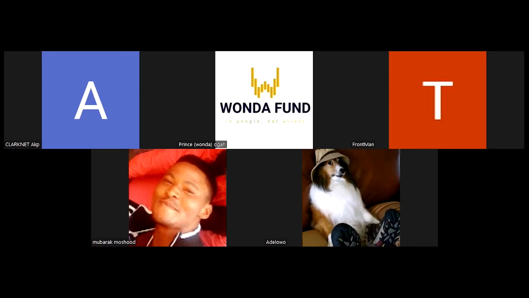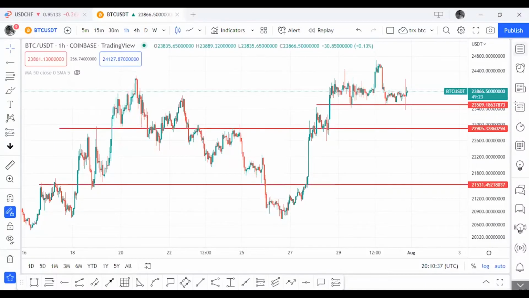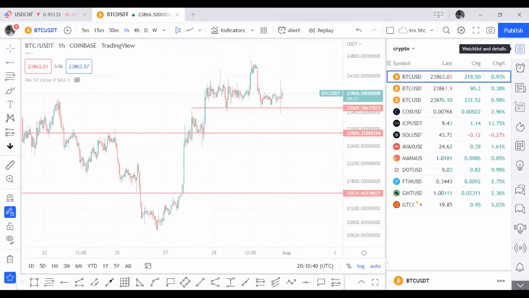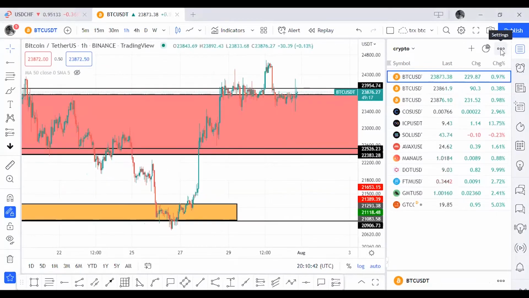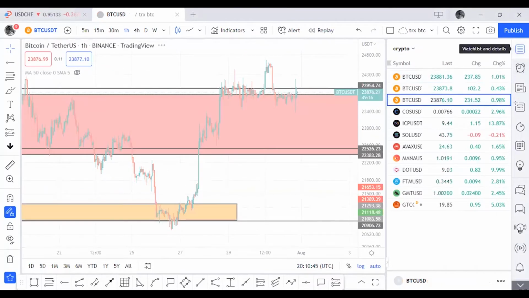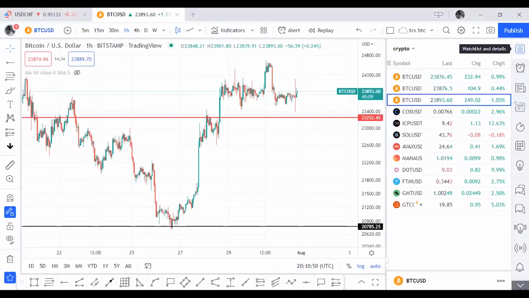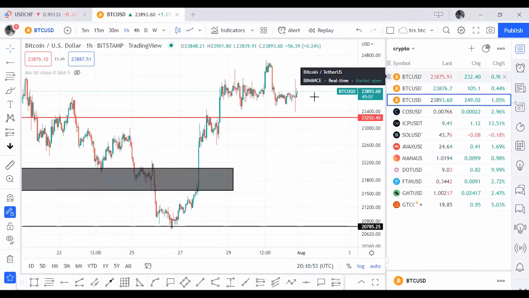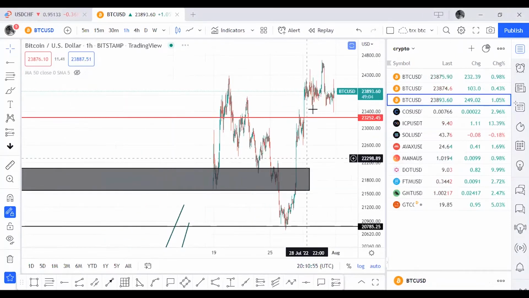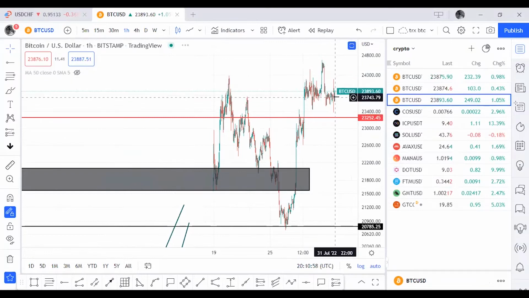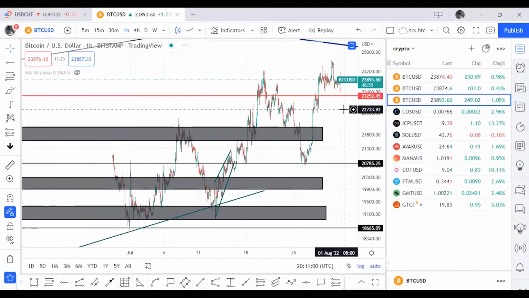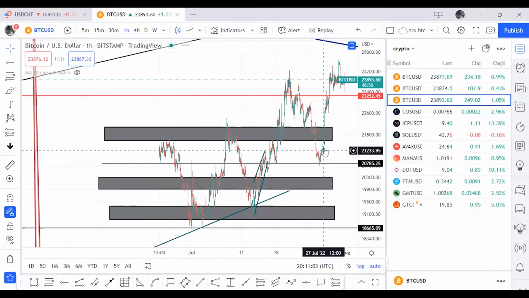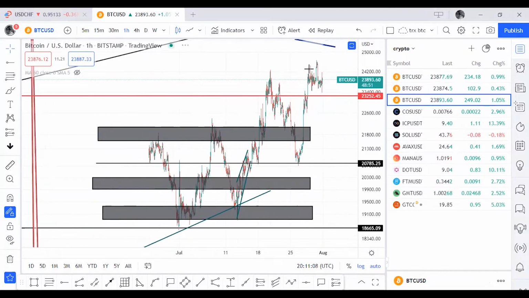Okay. So let's look into the market a bit to see how the market has been faring all week. Let's start with the cryptocurrency market. During the Ask Wonda session on Wednesday, our midweek live market analysis on Wednesday morning, we had a prediction for BTC to climb all the way up to say 24K after a little pullback. So we actually saw that move from BTC climb, all the way up, broke above 24K,